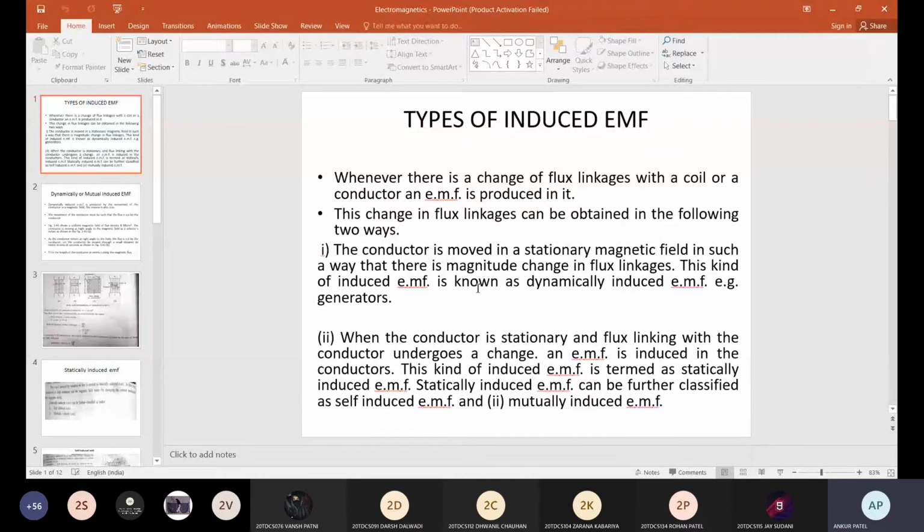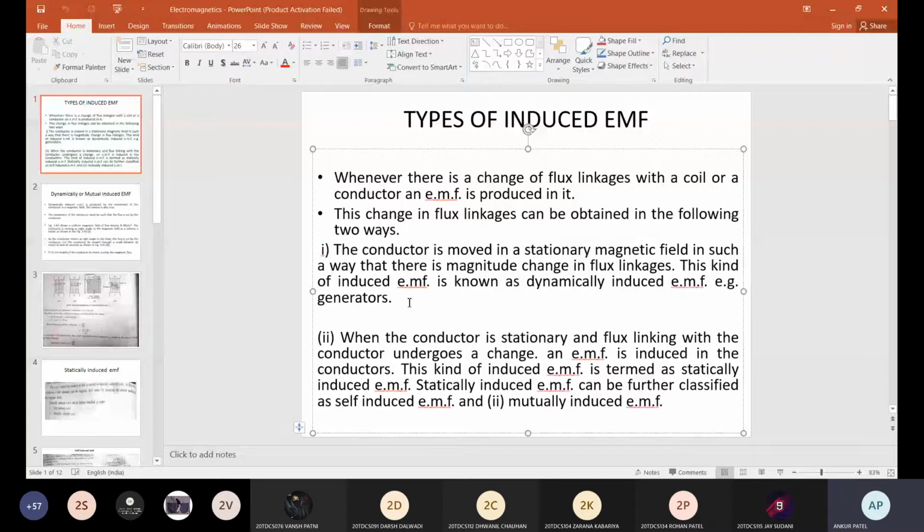This principle is used in machines, which are generators. We are moving the conductor inside the magnetic field, so there is a rate of change of flux that causes the EMF, and further it causes the current in the circuit. So it is called dynamically induced EMF. In the first case, we are considering the velocity of the coil. As the conductor or coil moves inside the magnetic field, it cuts the flux, so the EMF induced is given by e = BLV sinθ.